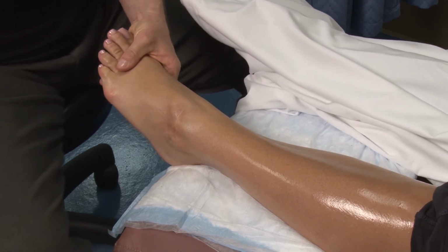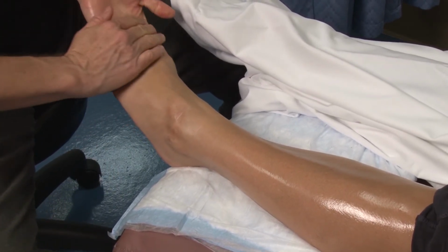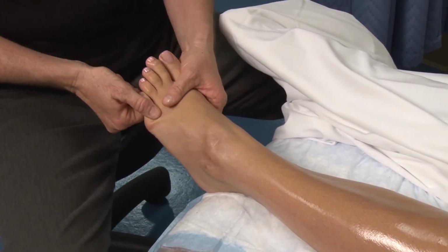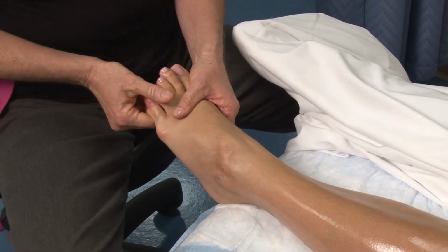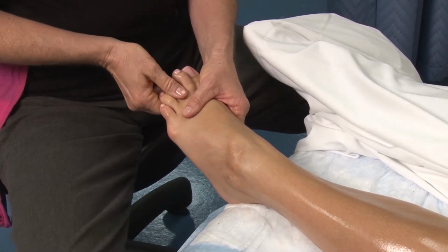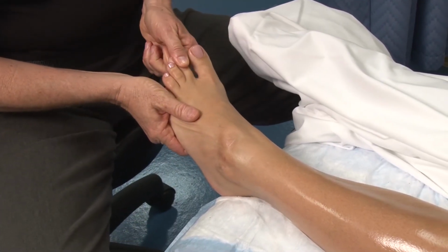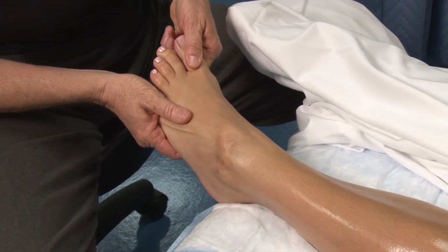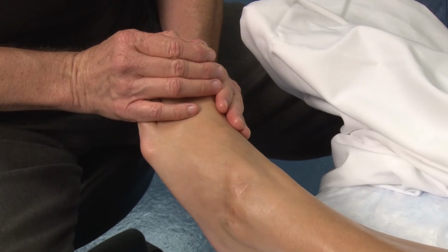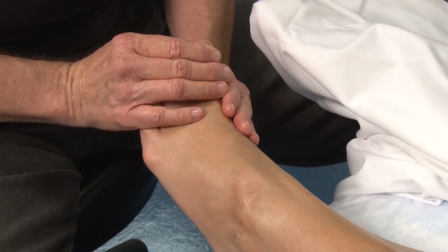Now, when you get to the toes, maybe you need to add a little extra lotion because they've soaked it all up. But you want to give each toe some attention, however you do that. Can be this, going back and forth. If you remember, there's the pituitary gland on the bottom of the big toe, so we can give that a